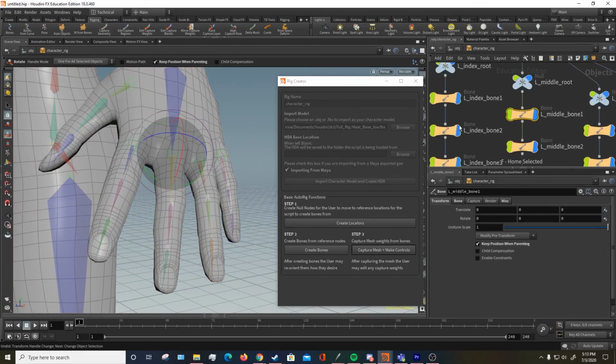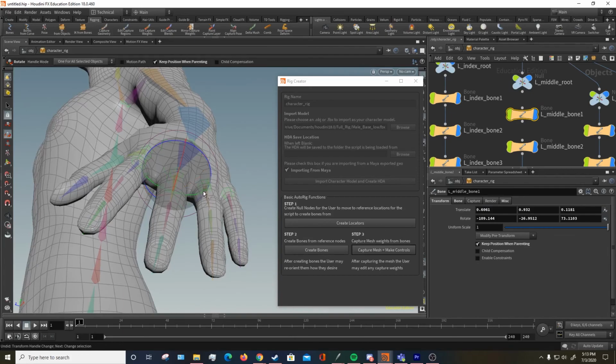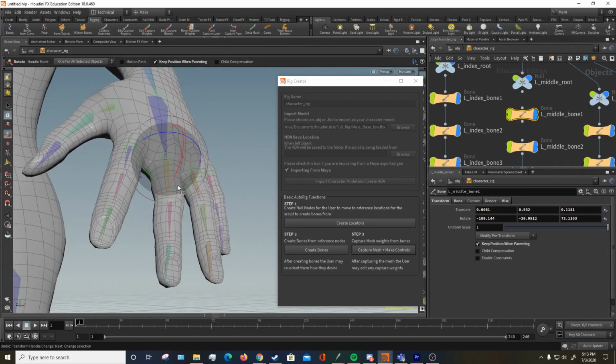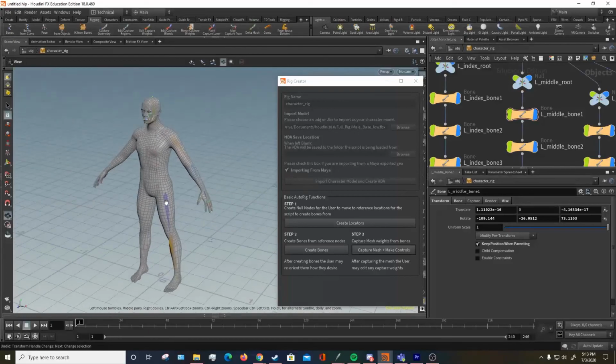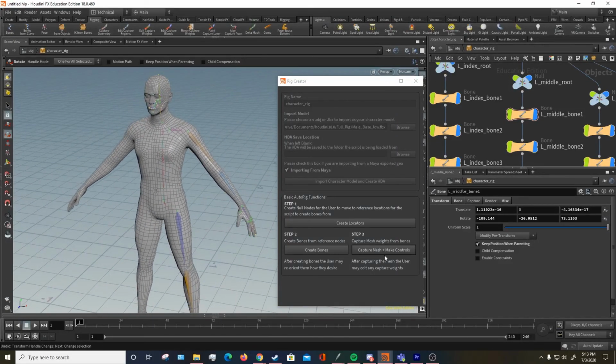And the way you'd reorient bones is if you select your bone and you focus in on it in the network editor, you'd want to unparent it, and then you'd want to rotate it around its Z until it's at a place that you'd prefer it to be at. I set it up pretty well for this to match this model, but your model might be different. Then you'd want to reparent everything and move on to the next button,